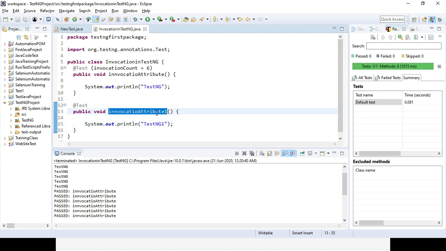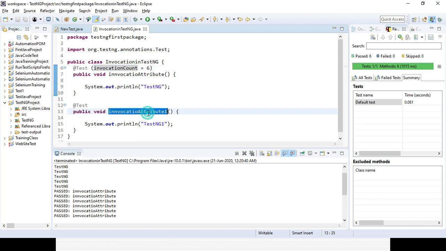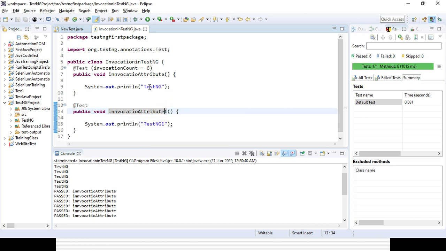Let's run the code and see. Here you can give the priority, but obviously the first method will be executed first and then the next, because the invocation count is the same. So the first method will be run 6 times, after that the next method will be executed.